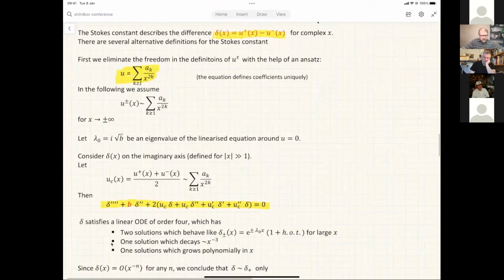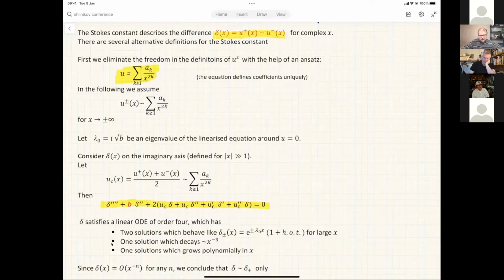Now, we realize that since u plus and u minus have the same asymptotic expansion, their difference decays faster than any power of x. And consequently, the delta, a solution of a linear differential equation of order 4, which in general is a linear combination of all 4